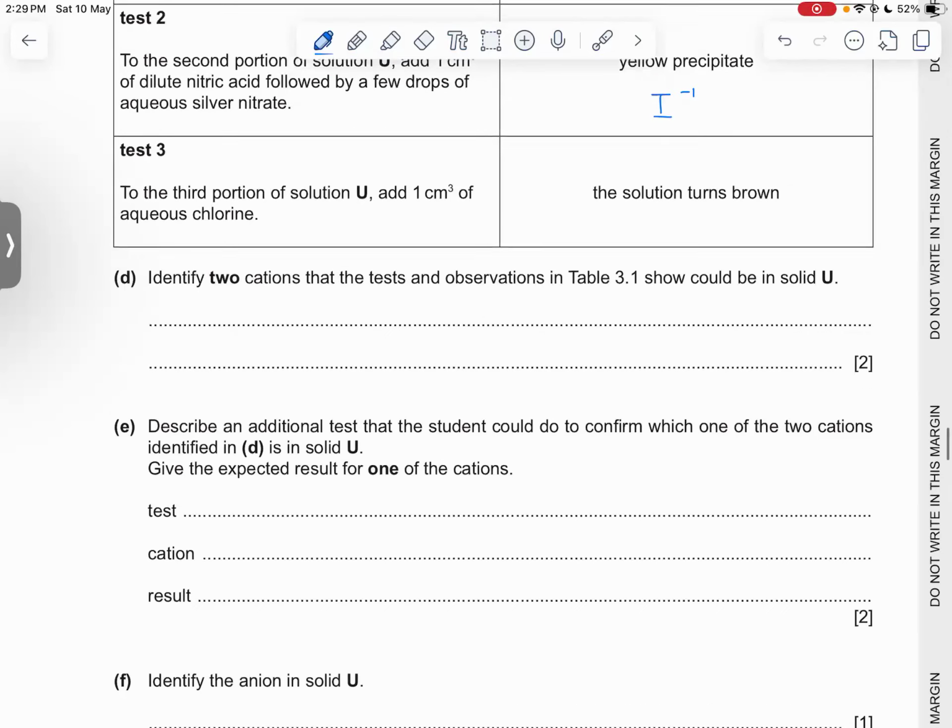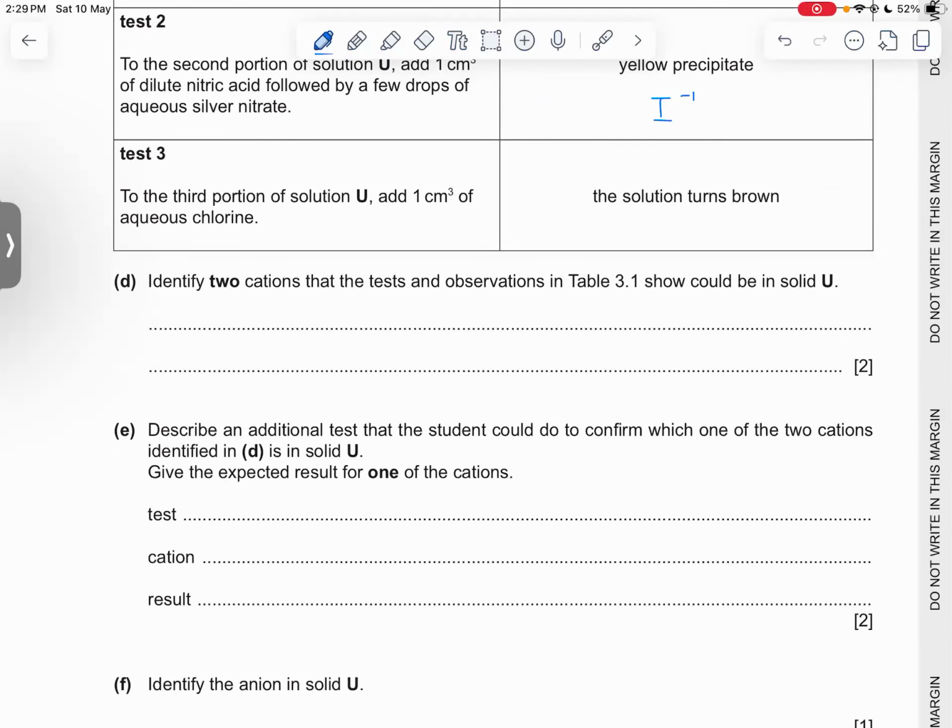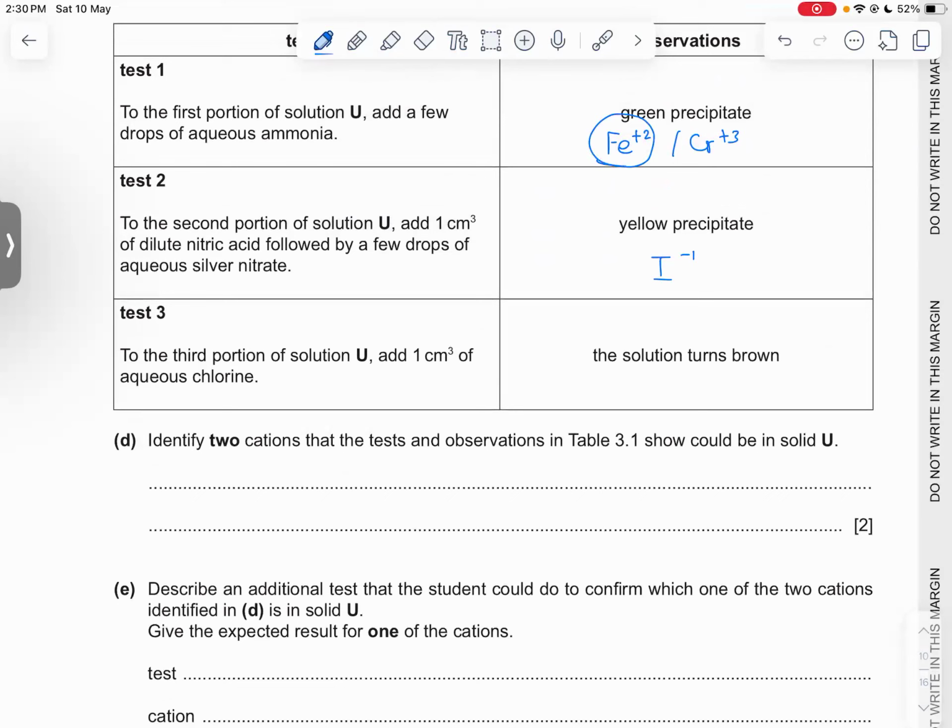I don't know how. Can you read the last sentence again? I will explain to you one more time. Look, because there is an iodide present. First, let's take, for example, if the sample contains iron ions, right? So U is actually FeI2 then. And we add chlorine. Because chlorine is more reactive, we've studied that a more reactive halogen displaces a less reactive halogen, right? So what would happen over here? FeCl2 would be produced and iodine aqueous would be produced. This iodine aqueous would be the brown solution. That is how it's happening. But how do you know it's iron and not chromium?